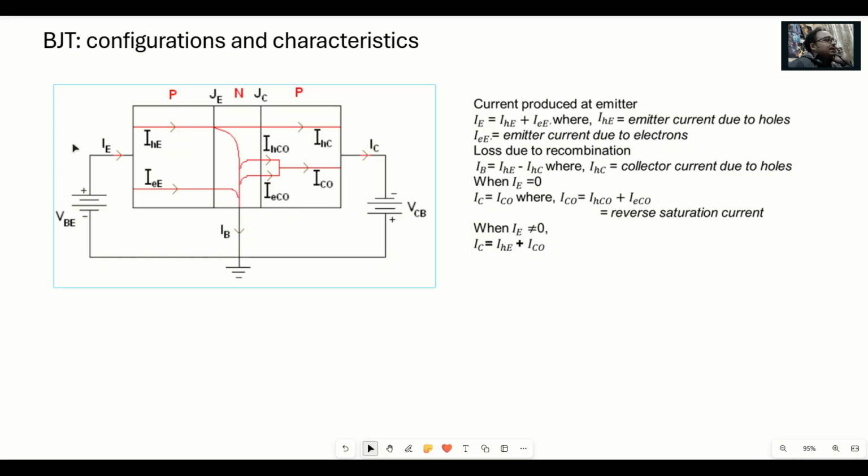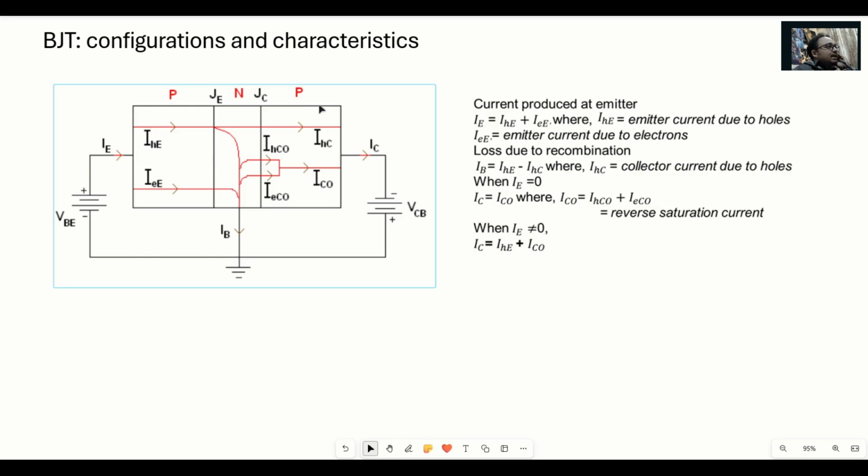Now this emitter current IE has two components. The first one is IHE and the second one is IEE, where IHE is the emitter current due to holes and IEE is the emitter current due to electrons. These two currents move to the base, and in the base the electrons combine with the holes, due to which there will be a loss. The loss due to the recombination will move out of the base. Now this loss is given by